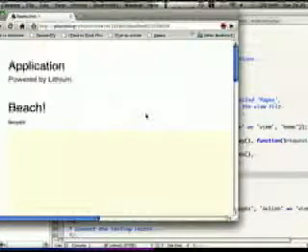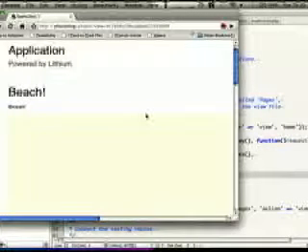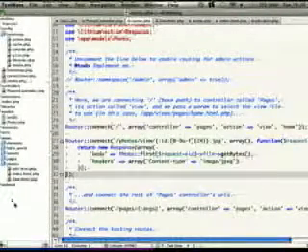So that's basically how you can store and serve up files in MongoDB and Lithium. So next we'll look at a couple of different ways of interacting with those photos and using them. So first of all,